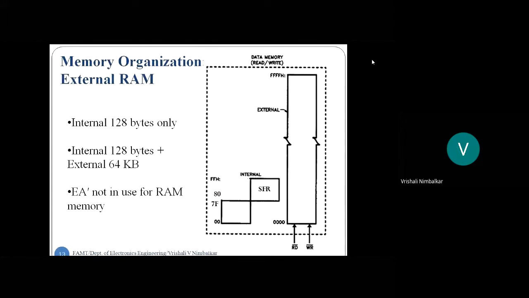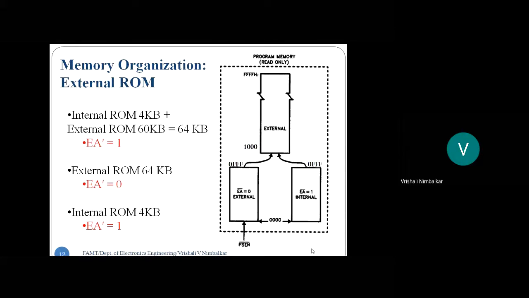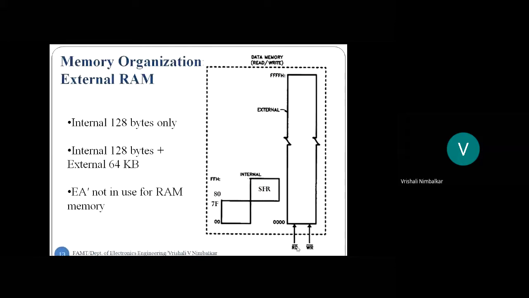Right? Now, whenever you connect read-write memory, you need these control signals, read bar and write bar for read-write operation. Whereas in case of ROM, you only need the read signal. And what is connected to the read signal? PSEN bar, program store enable, acts as a read signal to ROM memory. Okay, and read and write act as control signals to RAM memory. Okay, so that is all about memory organization: internal RAM memory, internal ROM memory, and what are the options of connecting external RAM and external ROM.